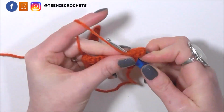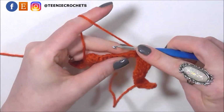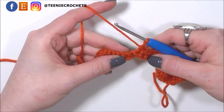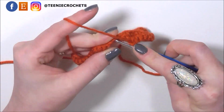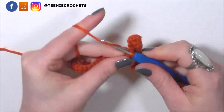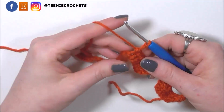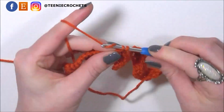1, 2, 3 and 4 at the bottom of a chevron. So we're going to skip 2 stitches again and then single crochet in the next 4, 1, 2, 3 and 4. Now back at the top of a chevron, so another 3 single crochets into this one stitch,